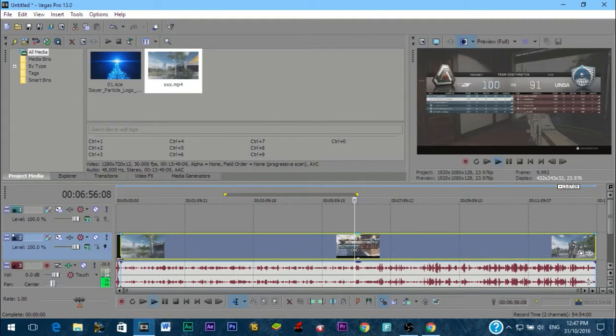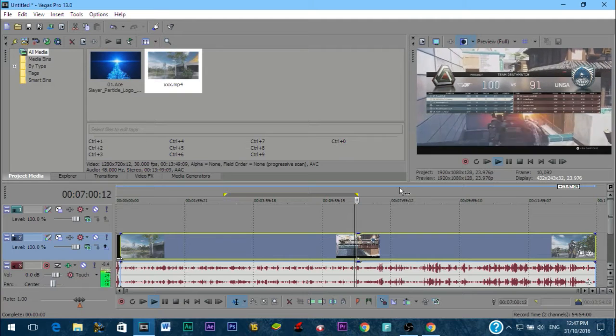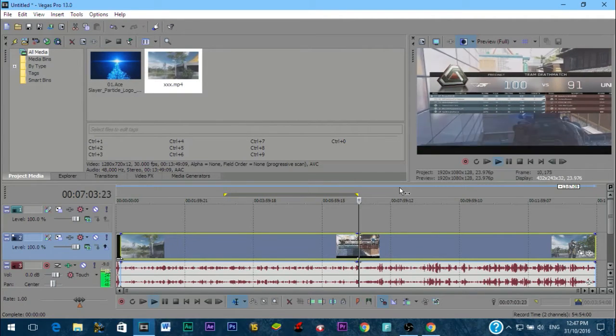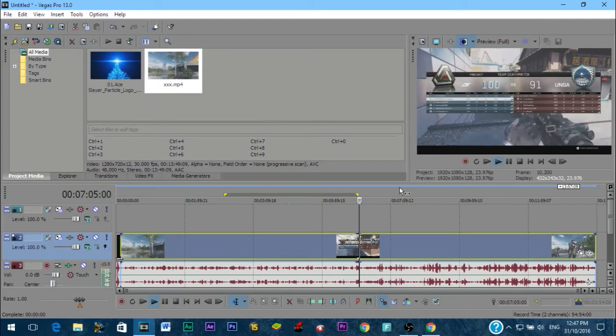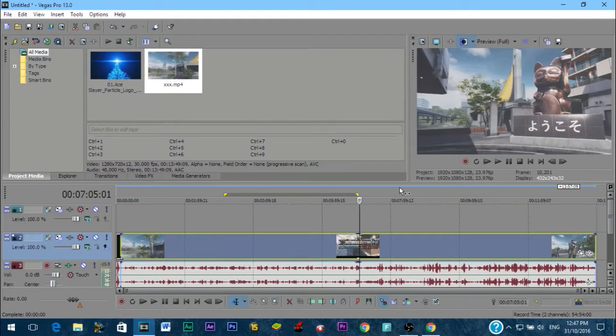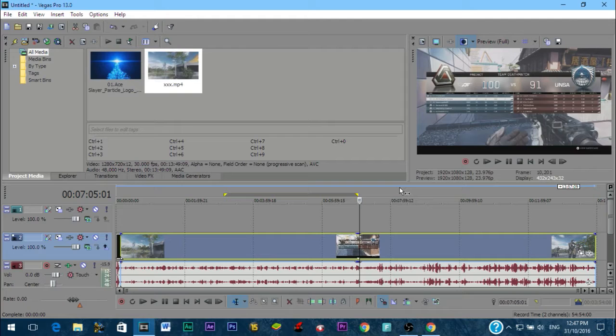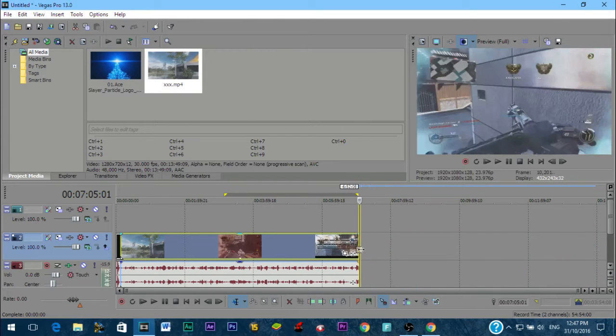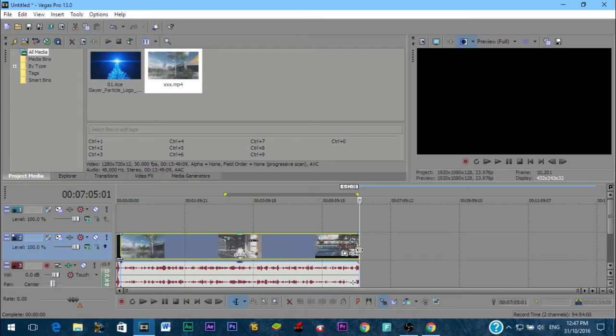picture. When you hit space it goes back to where you started. So what you want to do is hit enter. Enter stops it right where it is. So right there, you would press your back arrow key to go back a bit to put it right there. You hold on right there and you drag that down right there. So you just hold that, drag and drop.